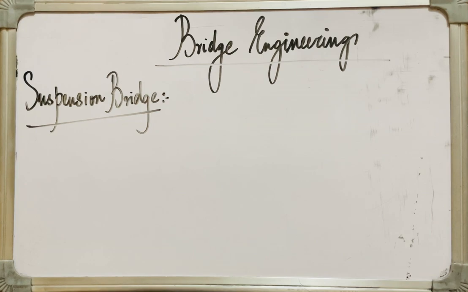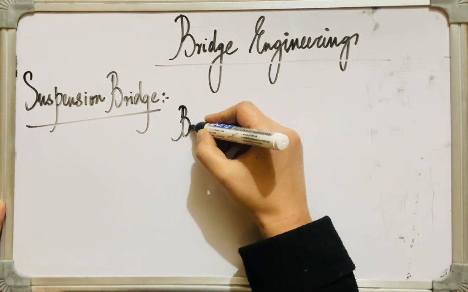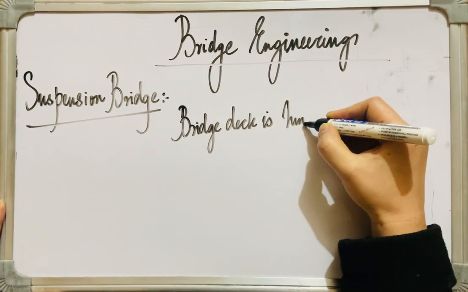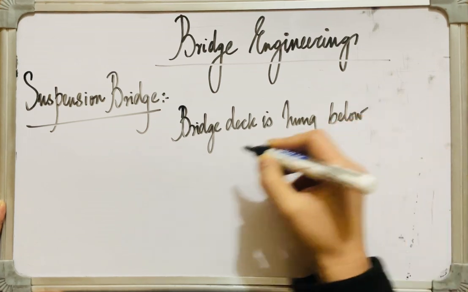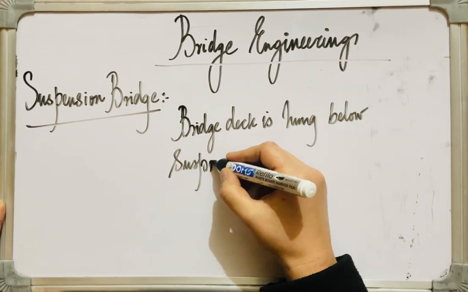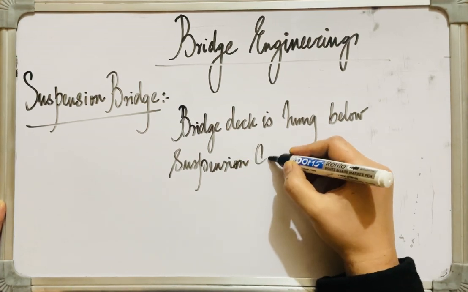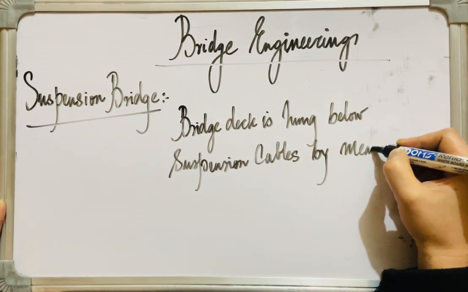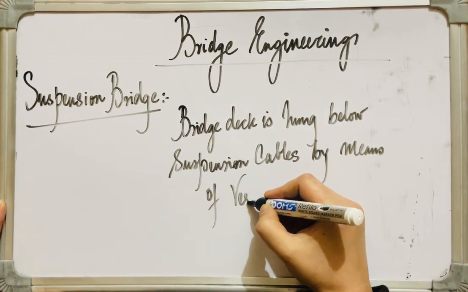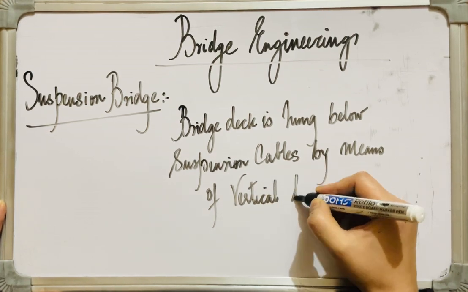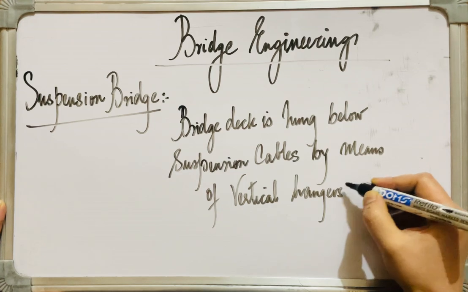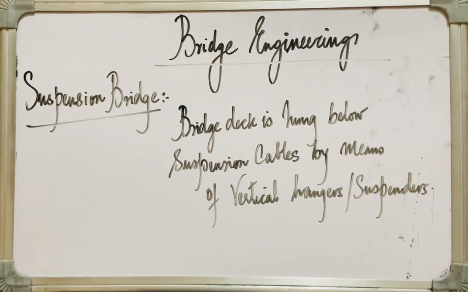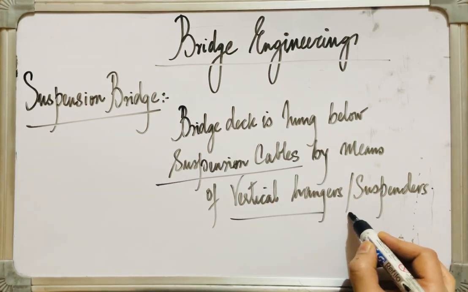Suspension bridge. We discussed that a suspension bridge is that type of bridge in which a bridge deck is hung below suspension cables by means of vertical hangers or suspenders. That means the bridge deck is essentially hung below the suspension cables by vertical hangers or suspenders in case of